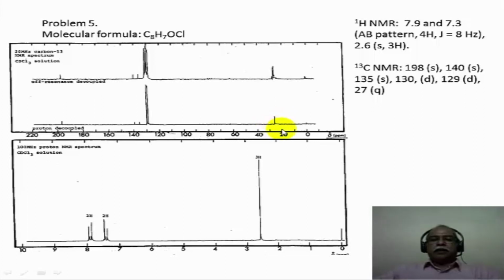Finally, this methyl group is appearing in the carbon-13 spectrum. The carbon is appearing around 27 ppm or so as a singlet. In the off-resonance spectrum, it is a quartet. It is not a beautiful quartet that you would normally see. It is sort of a distorted quartet. Usually in the off-resonance spectrum, the signals can be highly distorted. This is one such example of a distorted quartet.